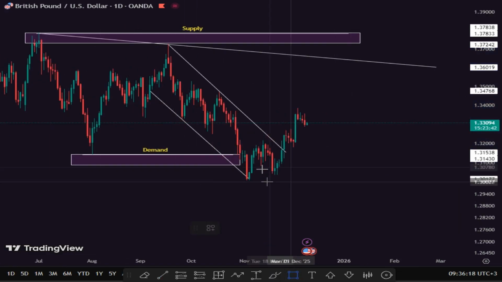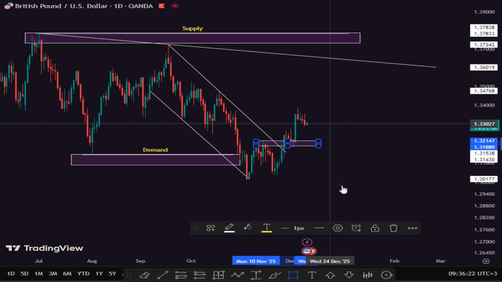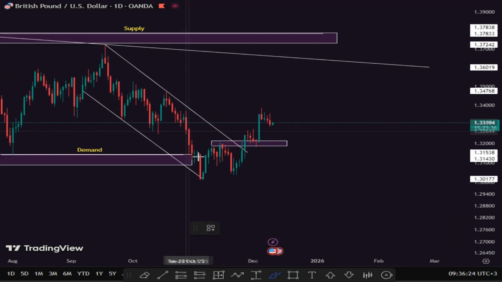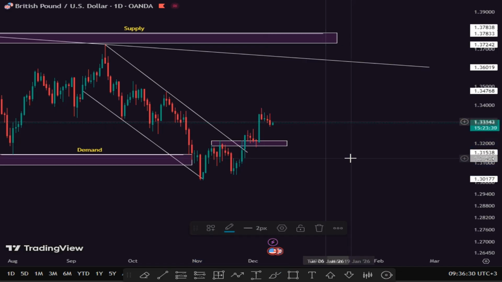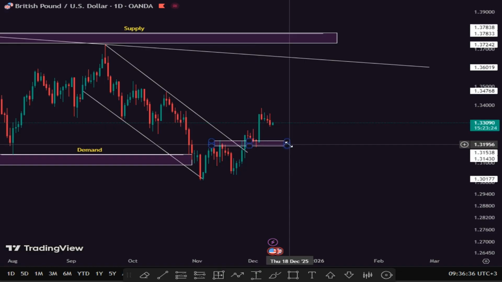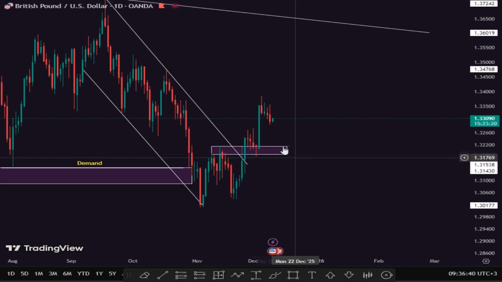Now looking at this level right here, this was a new high that the market created, and now we see that the market created something like a double bottom, went up, retested, then all of a sudden went up once again with an impulse phase, right? So I'll adjust this right here. Right now all I see is that GBPUSD is still in an uptrend,